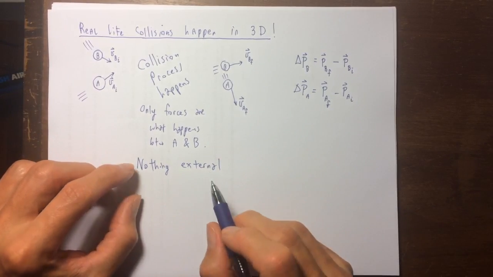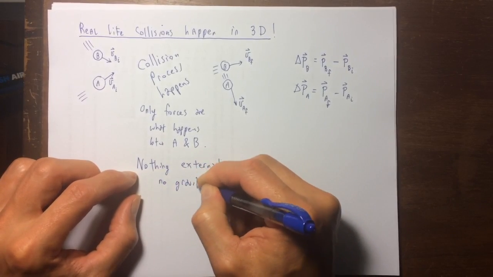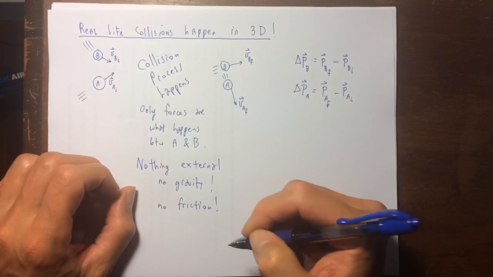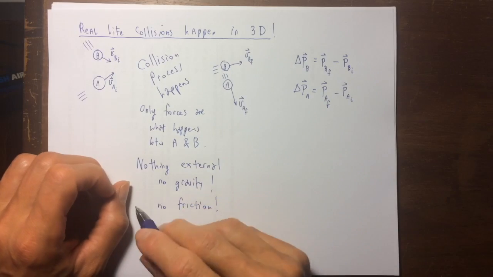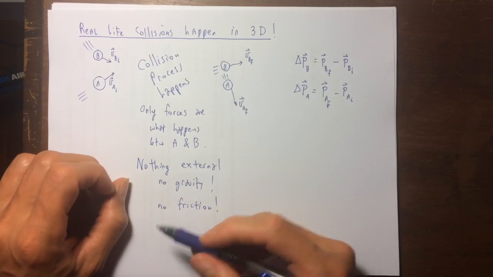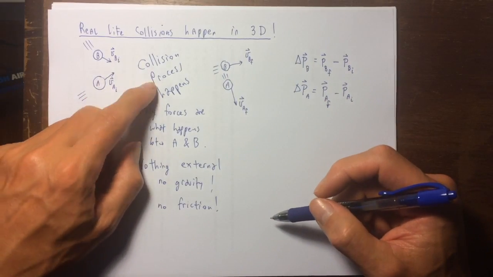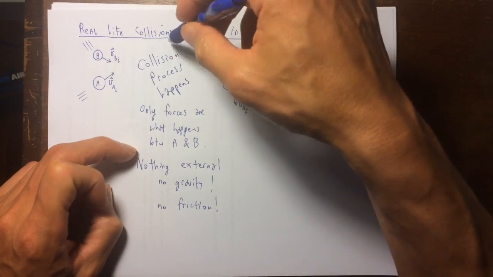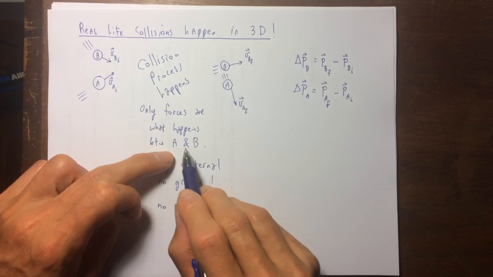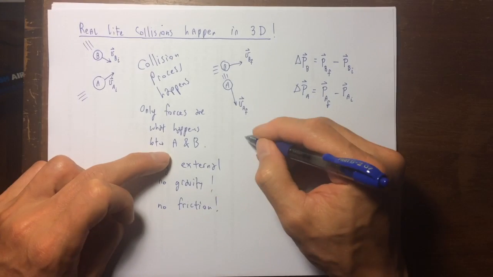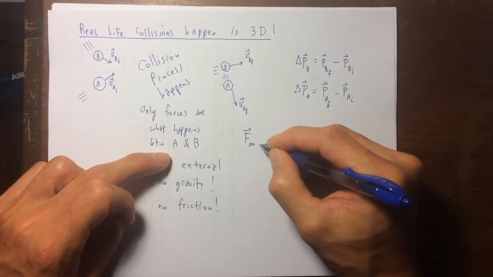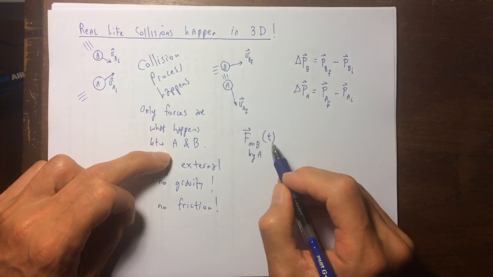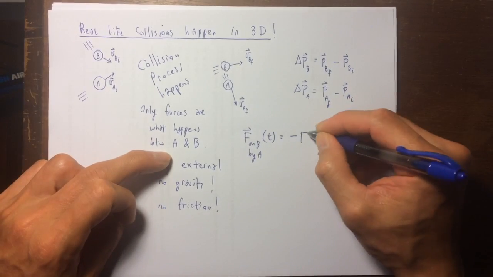There is no gravity, no friction, no nothing. There's nothing else going on. There's not a third object, C, that secretly came in and took part in the collision. So we are assuming that the only forces during this collision process are the exchange forces between A and B. And those forces, the force on B by A, is a vector function of time,